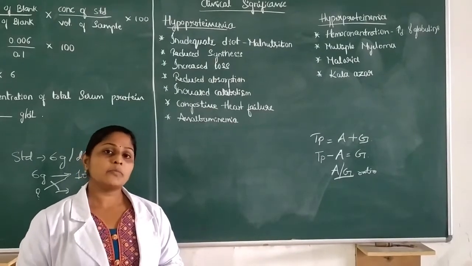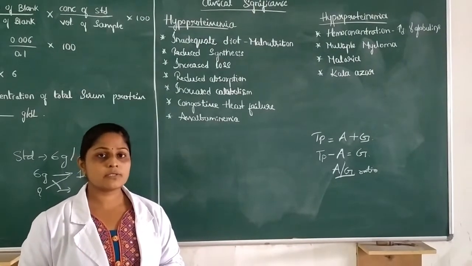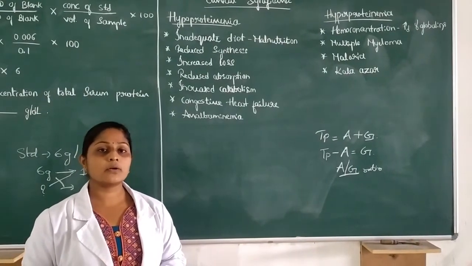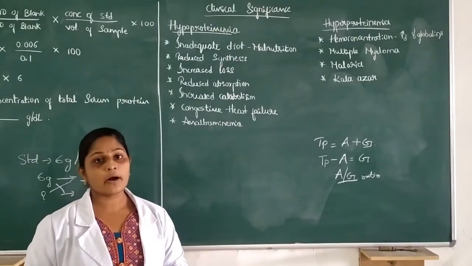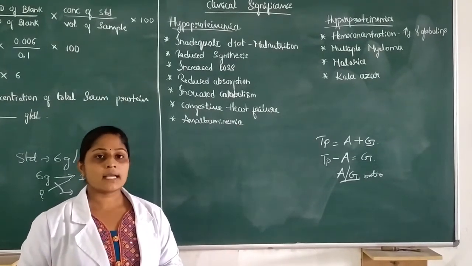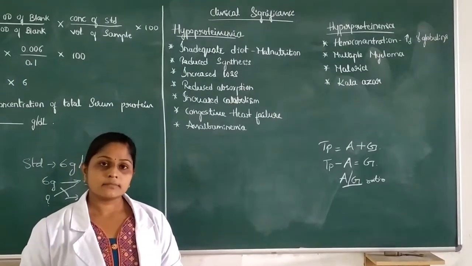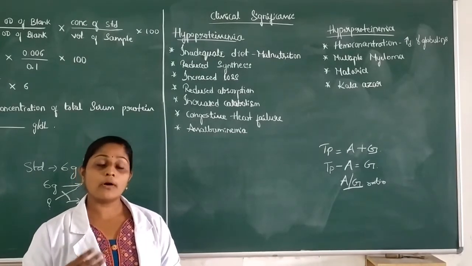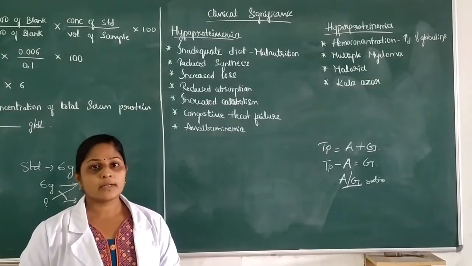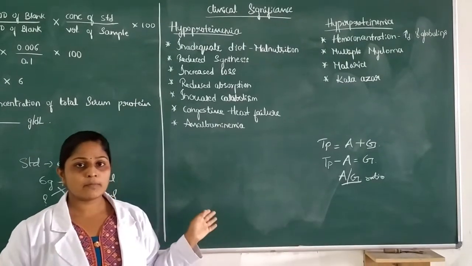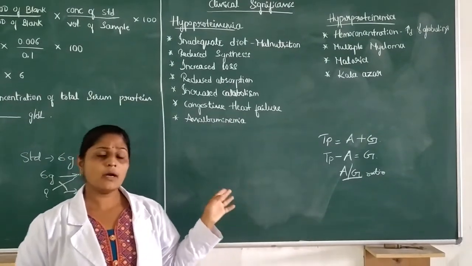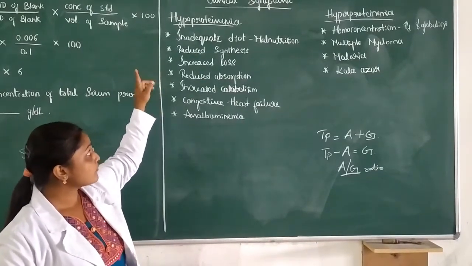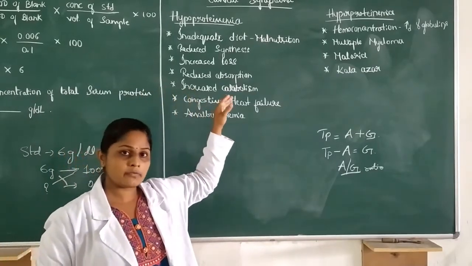Since the albumin is decreased, there will be edema and irritability, and the functions done by proteins will also be affected. You all know how important proteins are. They act as enzymes and hormones, and they have transport functions and nutritive functions. So many functions are there for proteins, and all those will be affected in hypoproteinemia. In hypoproteinemia, albumin will be less; in hyperproteinemia, globulin will generally be more. So this is inadequate diet, malnutrition. About kwashiorkor you have to explain.